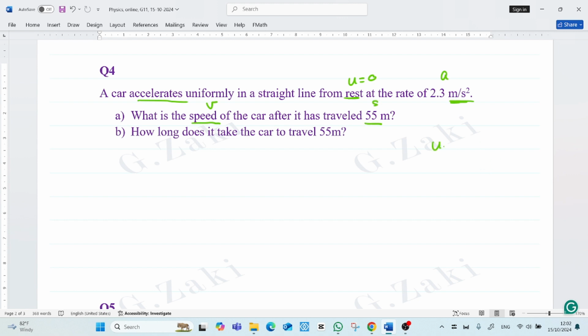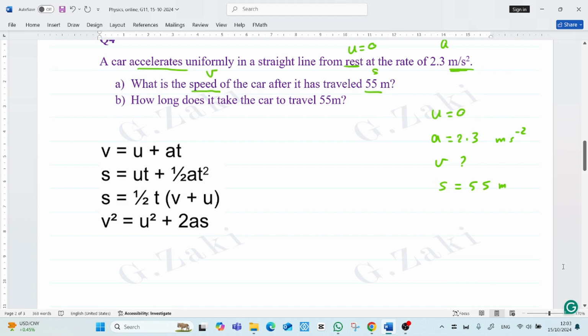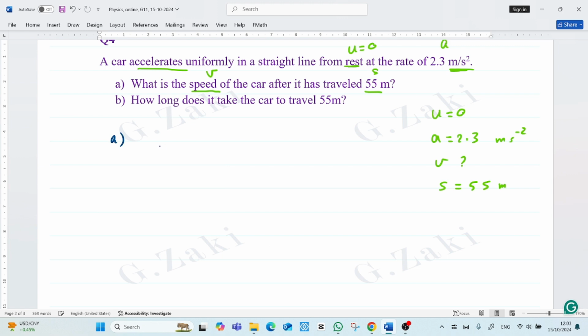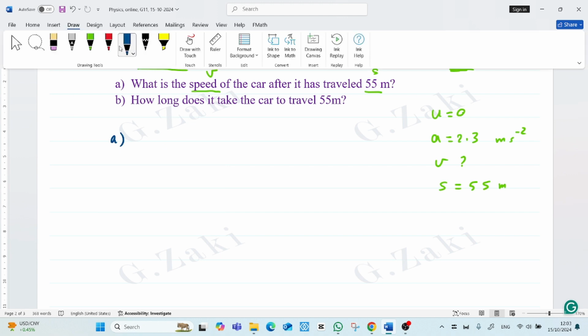Then the given is u equals 0. The acceleration 2.3 meter per second squared. We need the velocity and the given also is S, 55 meter. Let us go back to the equations of motion. Now, we have u, a, s and we need v. Then the formula that we can use is